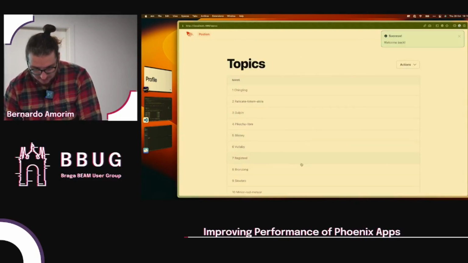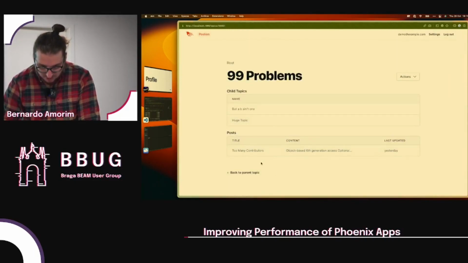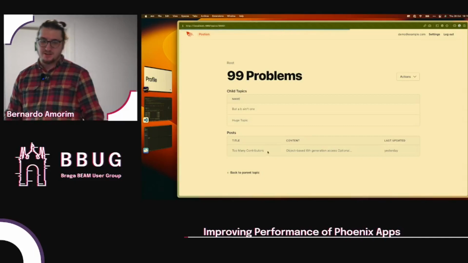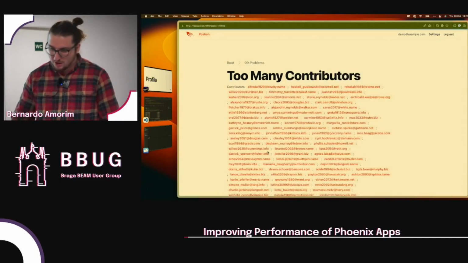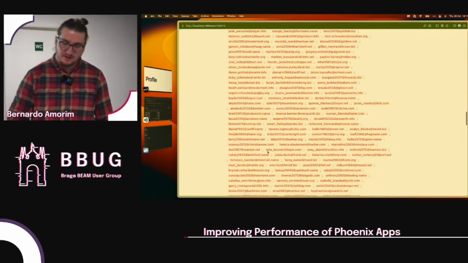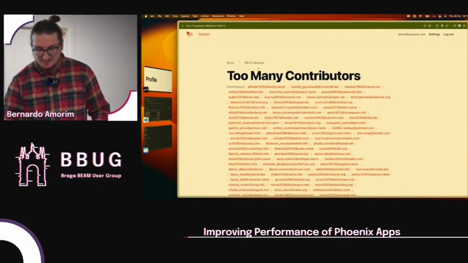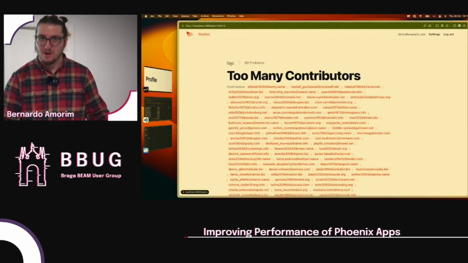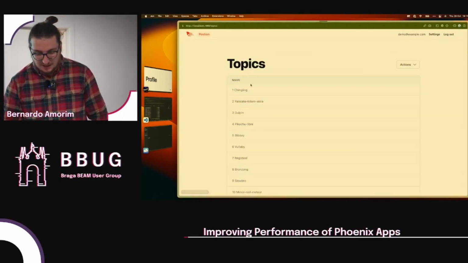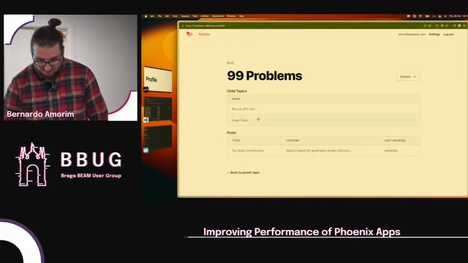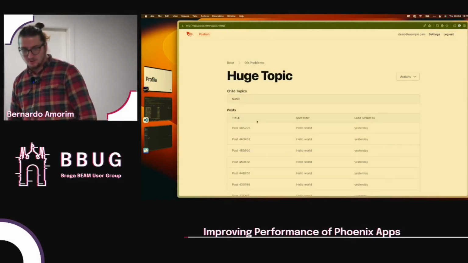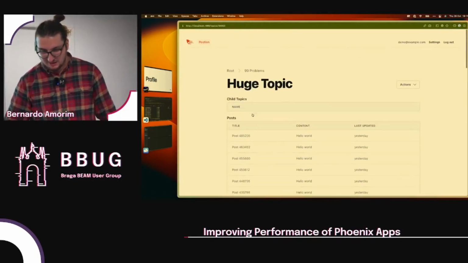You can see now that some stuff is going to be quite slow, so that too many contributors now takes a while to load because there's a lot of things and there's some latency between the database. And I mean, this is the n+1 problem. So this is doing a lot of queries, and the 1 millisecond thing is just adding up. And we also have the huge topic also now takes a long time to load because now also it's bigger data, like